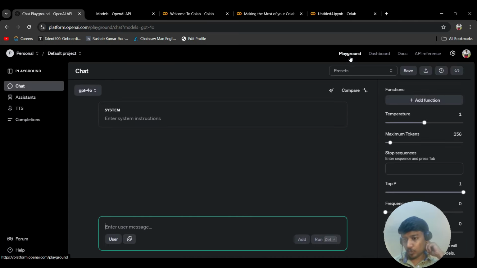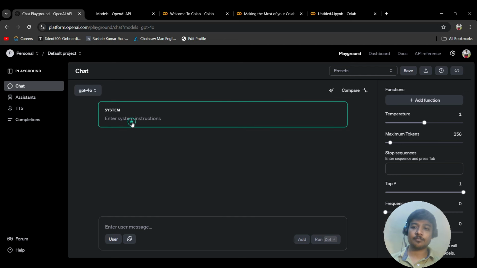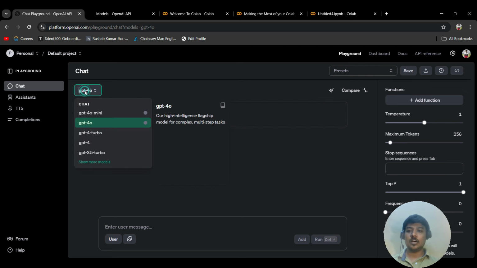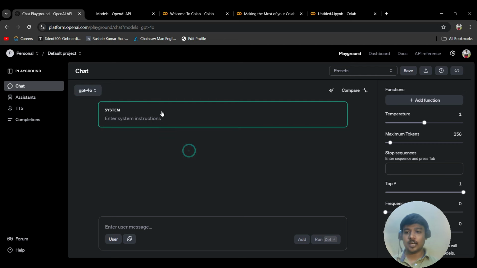Instead of writing the piece of code, if you want to leverage the UI itself and see exactly the different answers that are coming. So let's say what is now system and what is this assistant and what is this user part. So assistant is nothing else but this particular piece of model that you're using. The models will change, then the assistant will change. System basically represents the sort of tone of the model that you want, or how the model should react. So if you want the model or the assistant to be polite, then you can ask the assistant to be very polite over here as well.